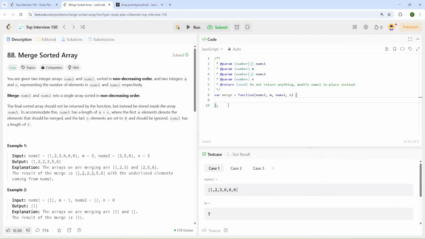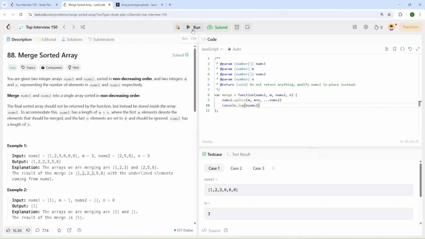I'm going to use my nums1 array and use splice, and we'll provide m as the start, and the end will be m plus n, and we'll use the spread operator to give elements from nums2 to the array. And now let's do console log and provide nums1.